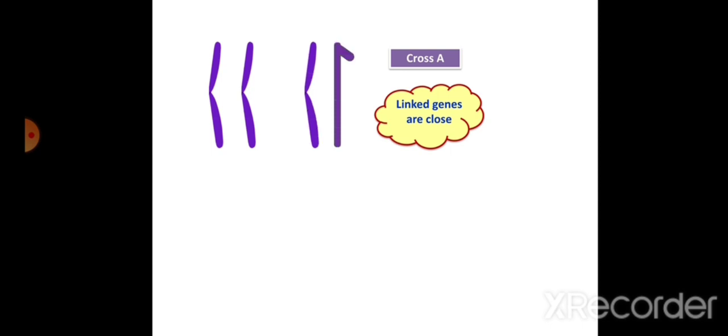To understand linkage, we should know that genes which are said to be linked will be present in close association with each other, and the genes which undergo recombination will be present far away from each other. So let's try to cross two organisms, a female Drosophila with a male Drosophila. Let's fix the phenotype of the female Drosophila as yellow body with white eye, and it is crossed with wild type. Wild type will have a brown body and a red eye.